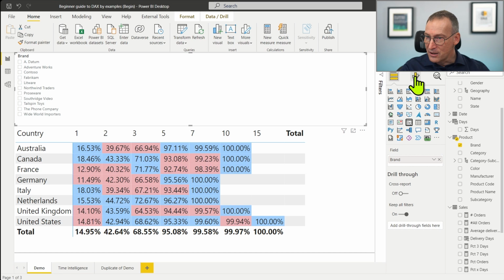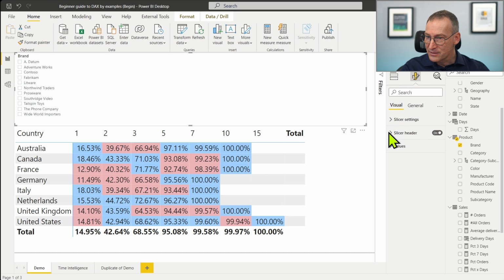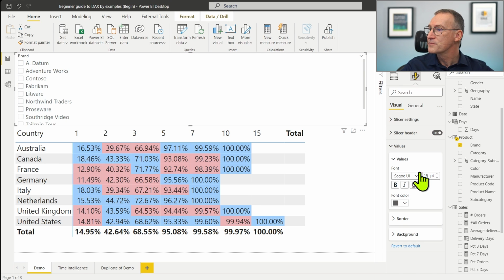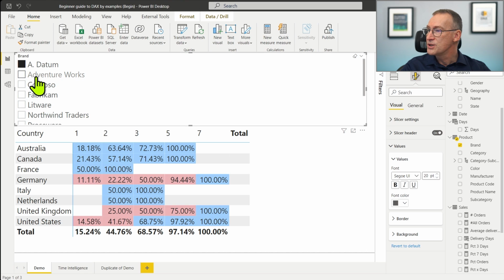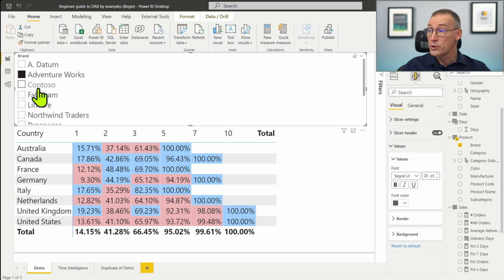Okay, maybe use a larger font. Here under values we use, let's say, 15 points. We can also exaggerate and go for 20. So when the user clicks on a datum, you see that the numbers change, only taking into account orders that